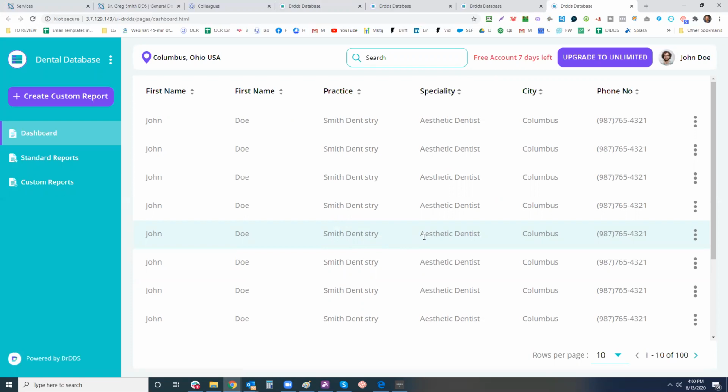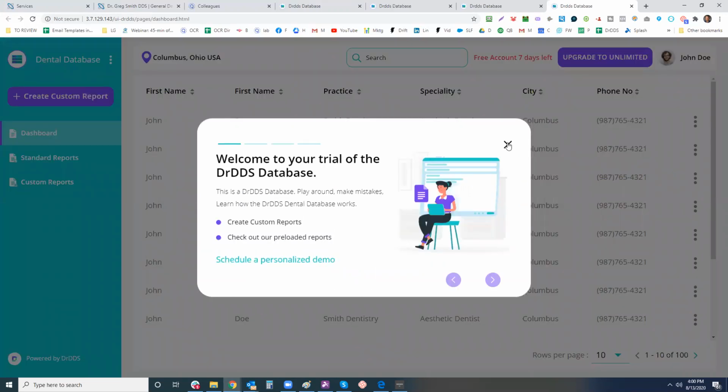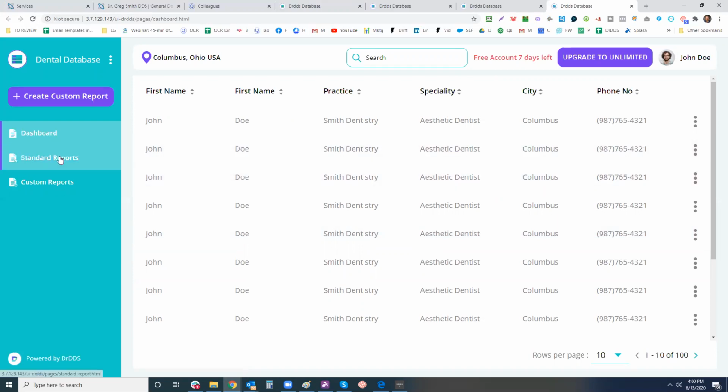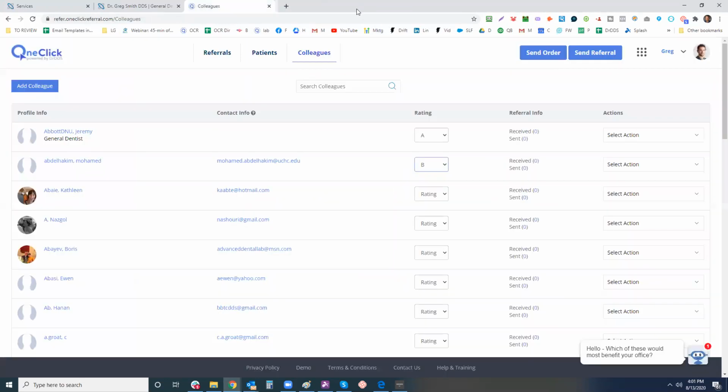So rather than me giving you an Excel file of all the dentists in the United States, we're now building it into a product, right? You can create your standard report, custom report, and then it'll have all the dentists that you work with, whether you're a dental vendor or a dental specialist. This becomes very valuable for dental specialists also. So you'll get access to that because we included that in your contract.